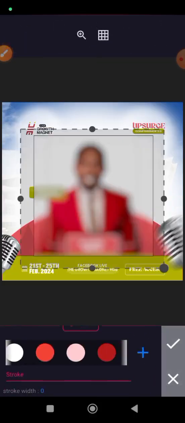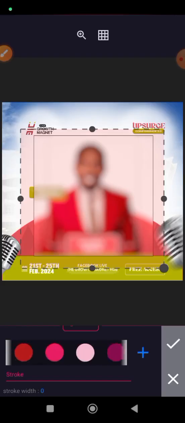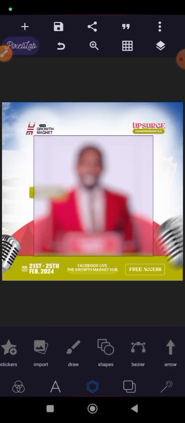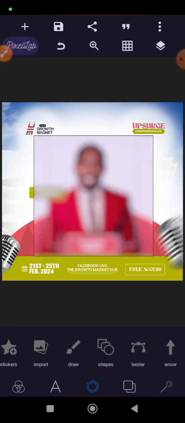So this is just how glass morphism can be achieved. You can create it to your taste, but this is how it can be created in Pixel Lab. So you can see, and that's glass morphism. You save and